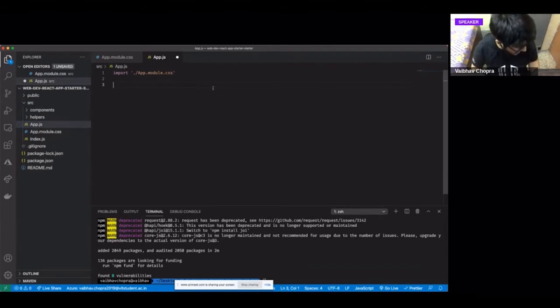Next, I will do const app, just how we define the function in an Express app, and now we will return. I'll show you a very weird syntax. This is called JSX.